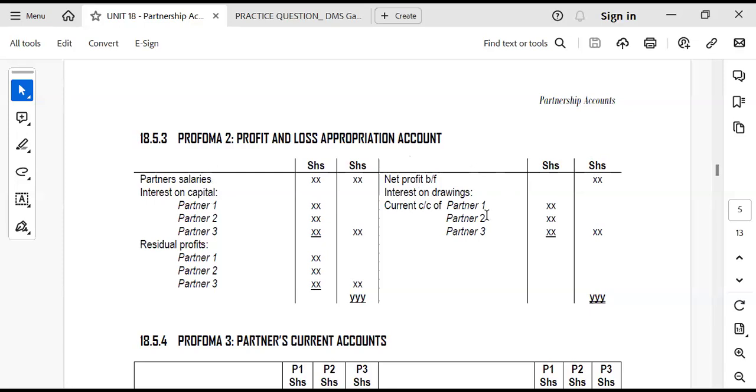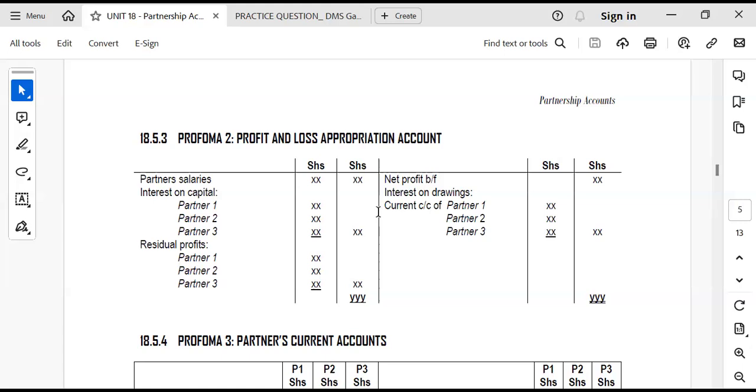Then we shall get our drawings, show them accordingly. Interest on capital and partners' salaries will reduce our profit. Interest on capital, we shall also add it there. And in case of interest on residual profits, we shall allocate accordingly. Ideally, this residual profit will usually be the balancing figure when you have added up these other